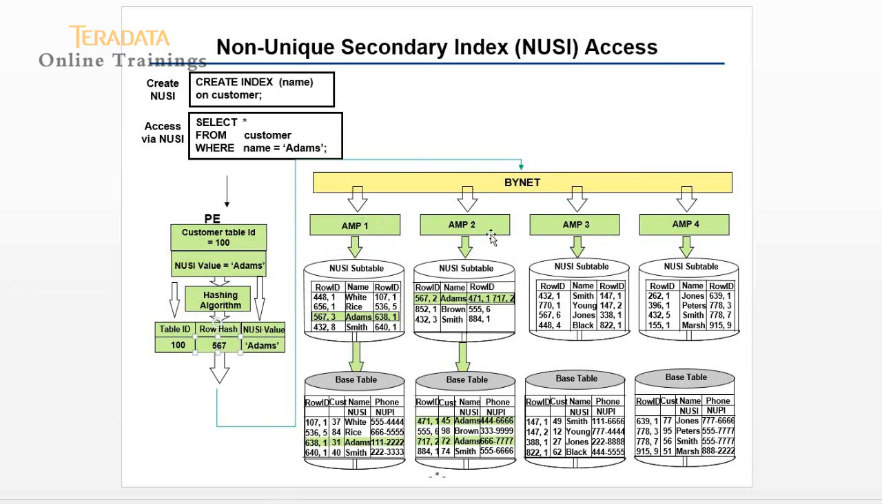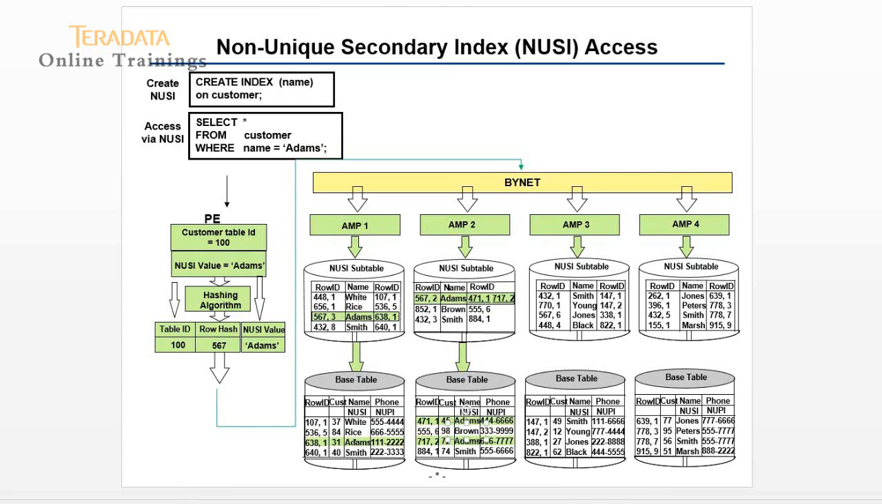It will go to the subtable. So the 567 row hash value I see in two different AMPs, because Adams is a duplicate value. Since it is a non-unique secondary index, there should be more than one record, right? So that whenever you say Adams, it will go to the corresponding hash value with the records called Adams. So it will be multiple records. So the subtable will be like a 2 AMP operation, and the corresponding base table will again be two more